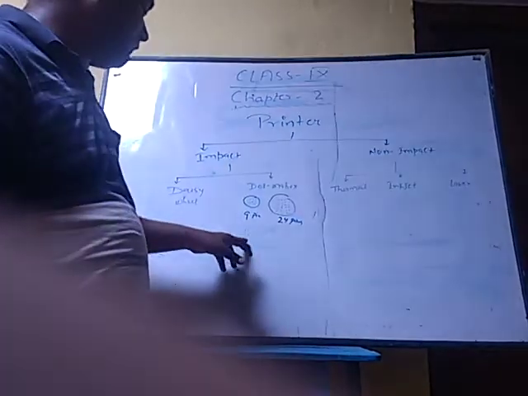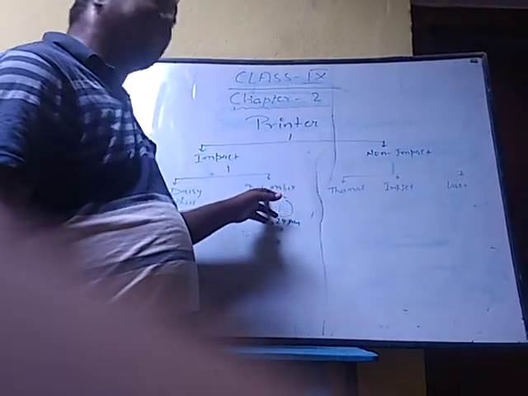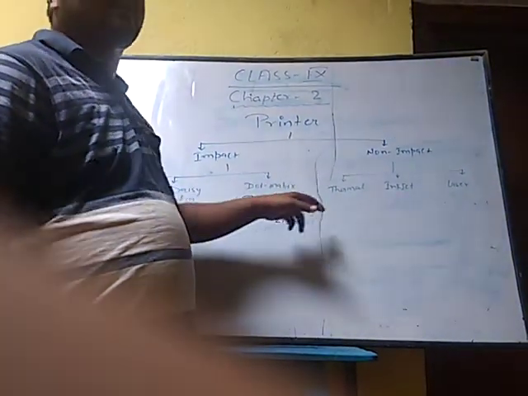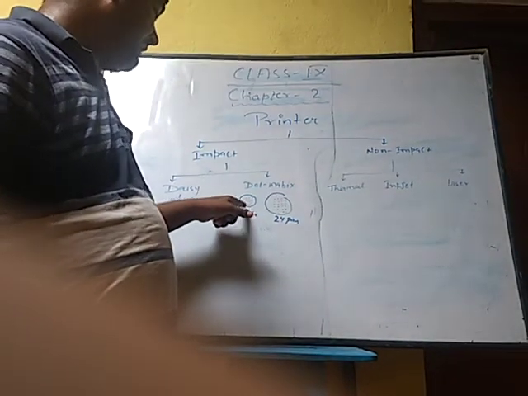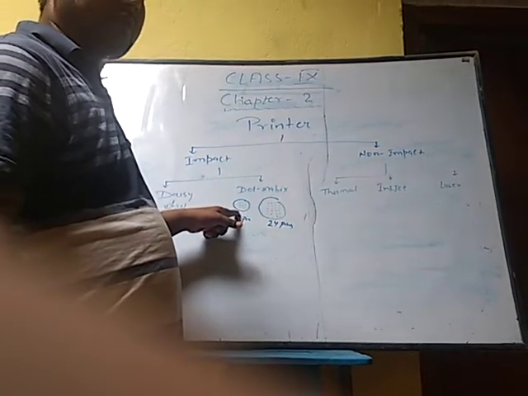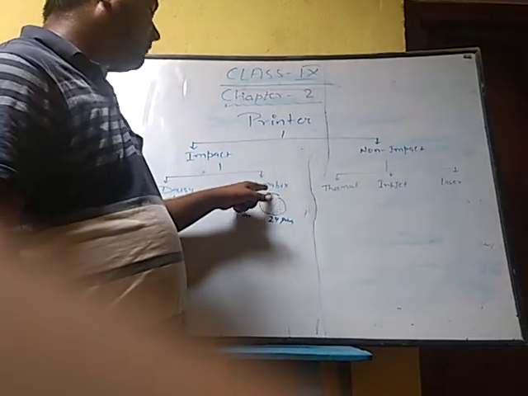in this way it is used to print the characters. So it is called a line printer. It can print one line first, then it starts the next line. And these pins are used to form the characters on the paper. So it is called a dot matrix printer.